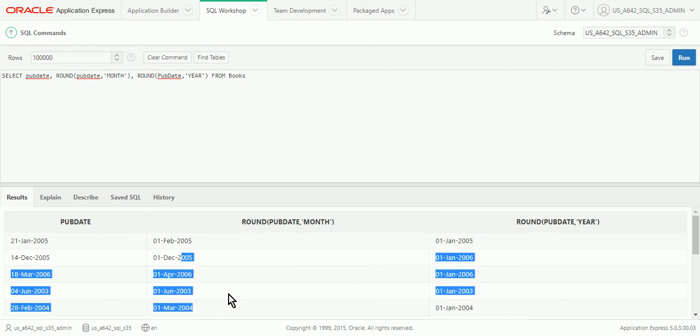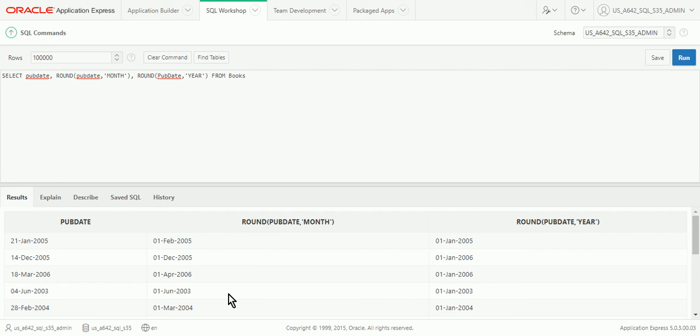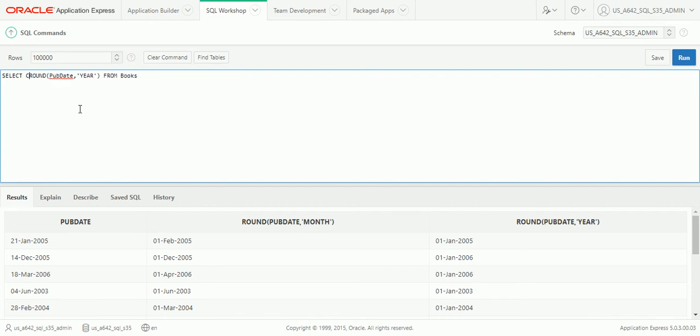Why would I use this? If I were doing some reporting where I only need to see the year, or I want to group things by the year or something like that, this would give me the same value for everything done in the same year. So if I wanted to group something, it'll work. For example, I don't think we talked about this yet, but let's say I wanted to show the number of books published each year, and we're actually going to learn about this next week in the next unit. But if I wanted to count all the records by year,